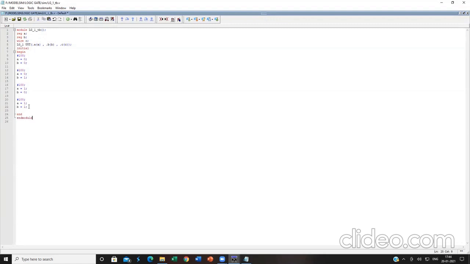Only when you give end module does it mean that the program associated with a particular module has been completed. You cannot write anything beyond the end module keyword. Anything you write has to be enclosed within the module name and the end module keyword. Now click on the save button over here.